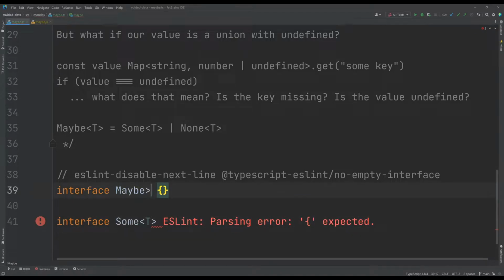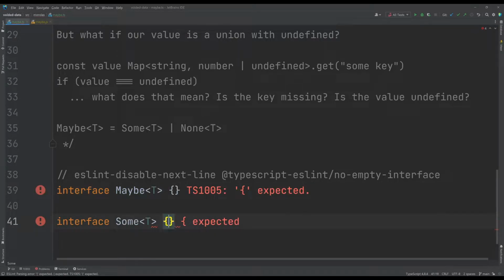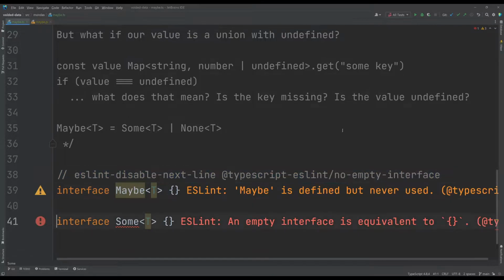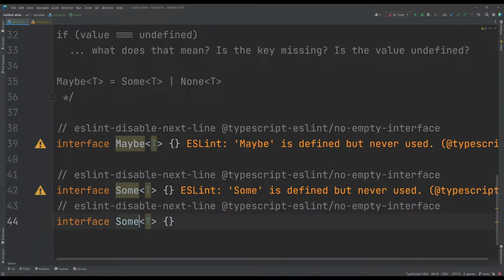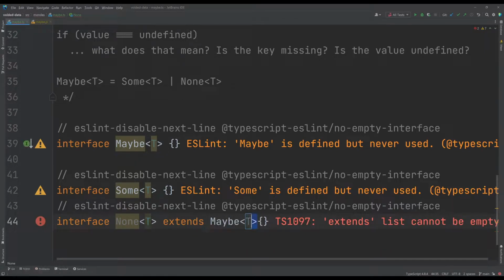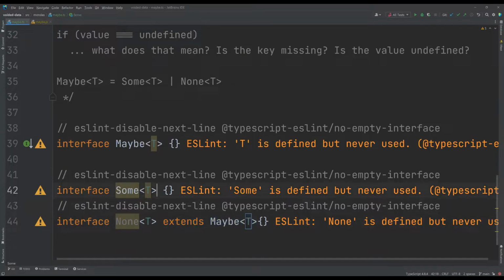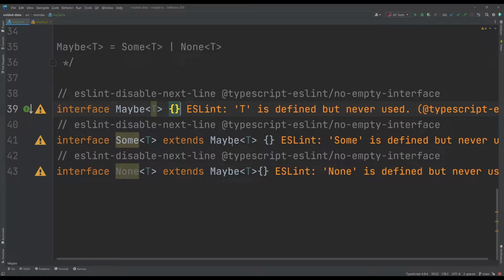We also know they have some generic argument. And we have a type called none. They also extend the maybe type.